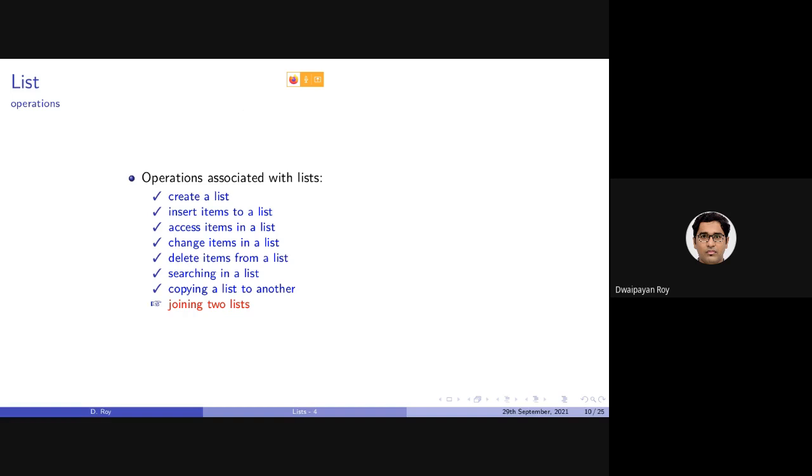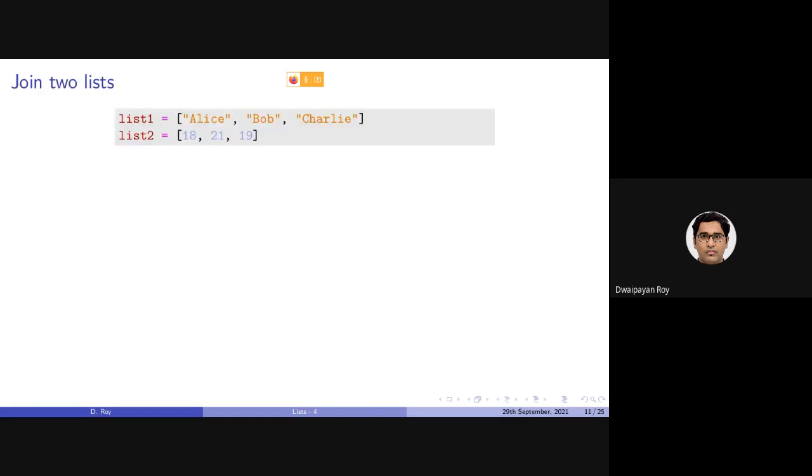So the next operation we will be discussing is joining two lists. This is fairly easy. Let's say we have two lists. List 1 containing Alice, Bob and Charlie, and list 2 containing their respective ages: Alice 18 years old, Bob 21 years old, and Charlie 19 years old. Now what if I want to join them?